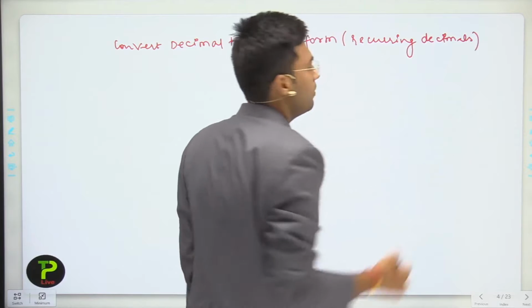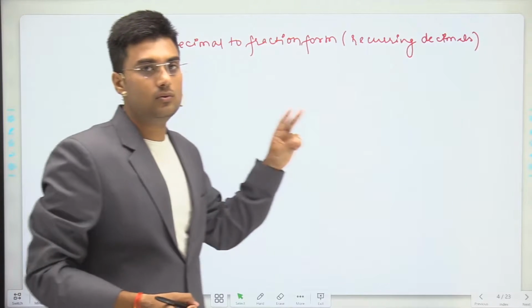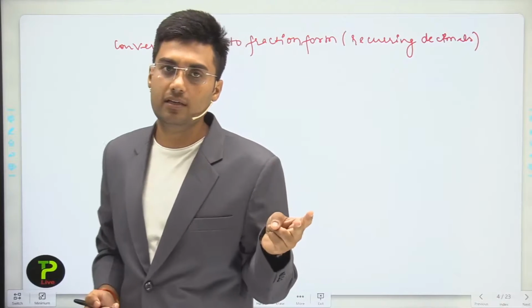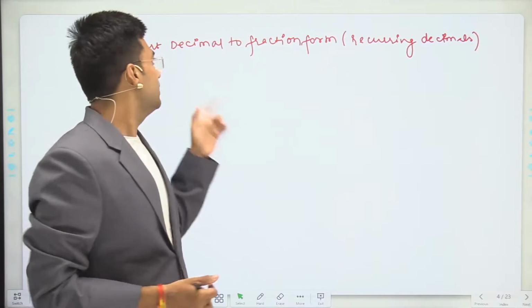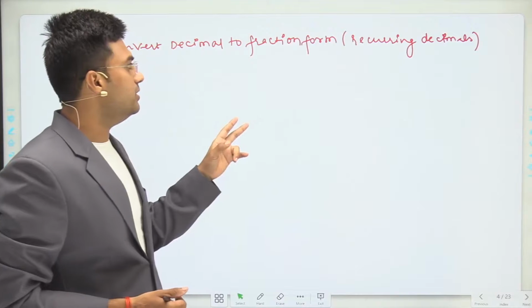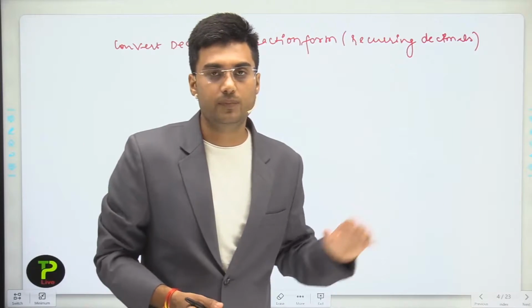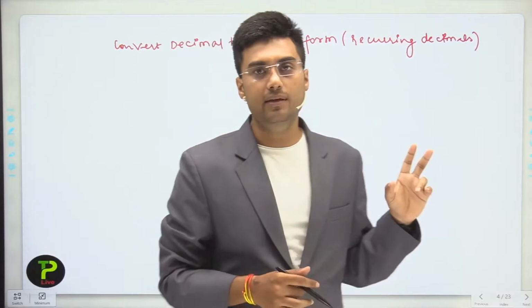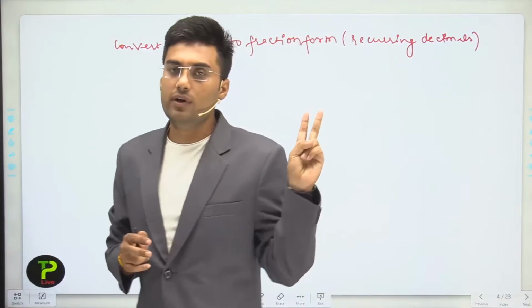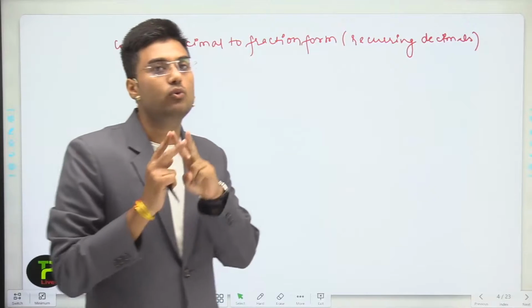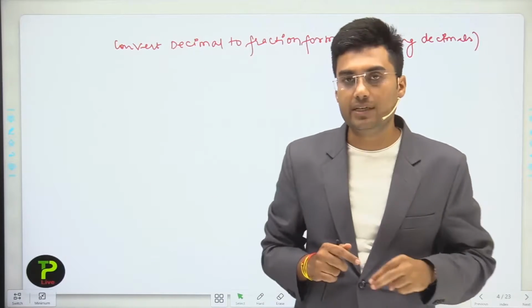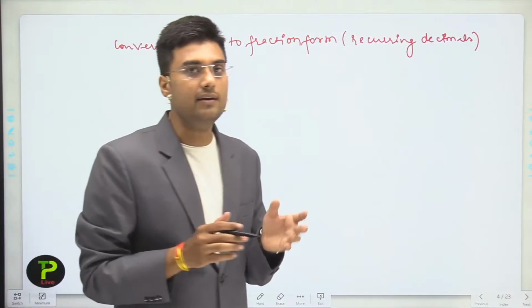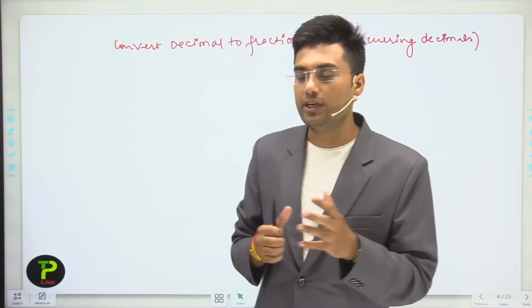Okay, we studied that rational numbers are of two types: terminating decimal, and the other is non-terminating but recurring. So our next topic is how to convert a decimal fraction into a recurring decimal. Dear students, we studied this topic in class 9th very deeply. To convert a decimal to a fraction, we have two methods. First is the subjective method and the other is the objective method. We can directly find the fractional form by the objective method.